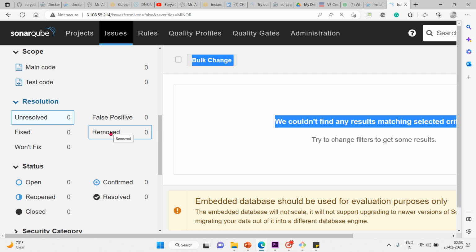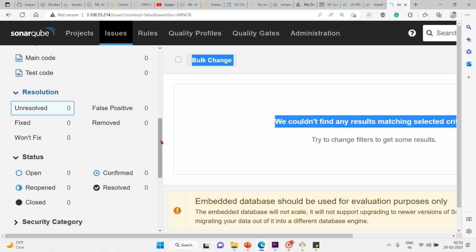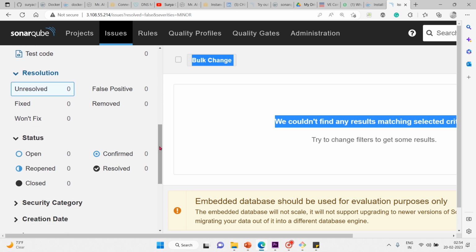And resolved issues will have one of the following resolutions, such as false positive or won't fix. So if the issue has been resolved, that can have either false positive or won't fix. False positive means basically it's reported as a problem, but it's not the case. And then won't fix, so at this moment it's not fixed, and it's not planned to be fixed. That's it. And we have the issue workflow, and